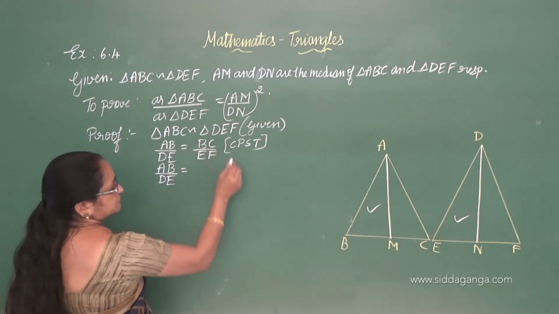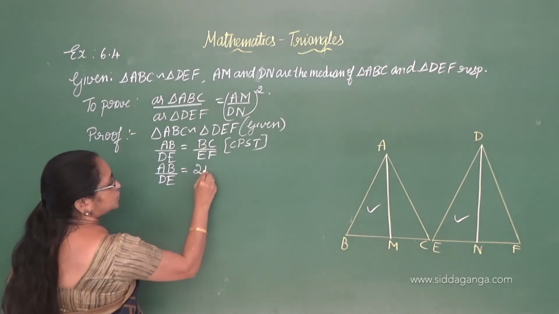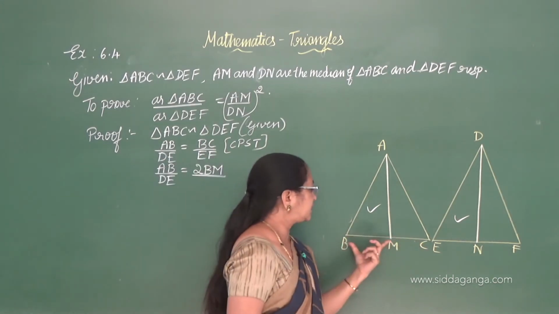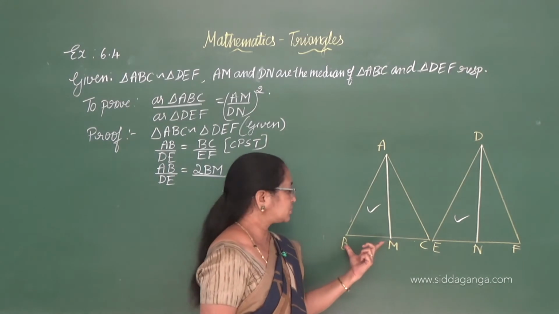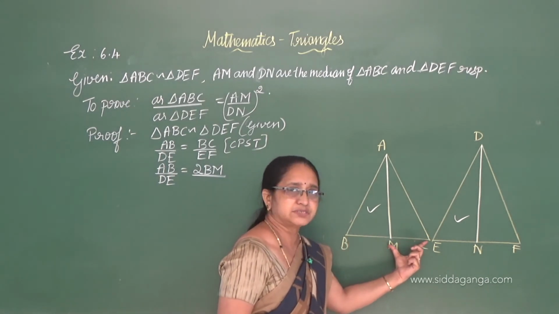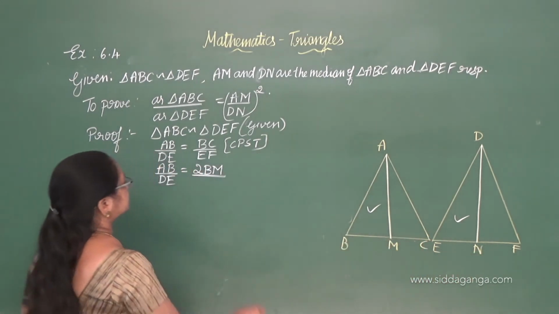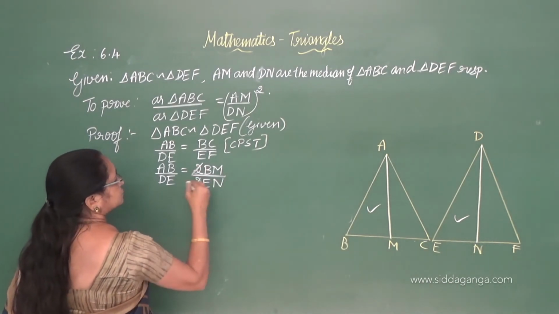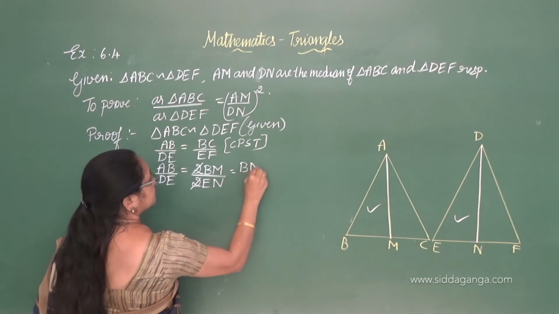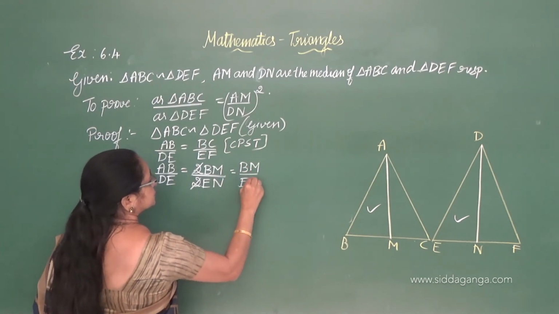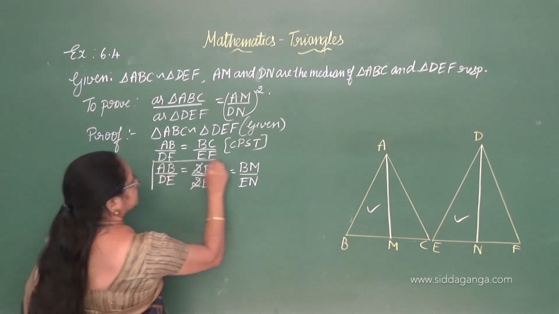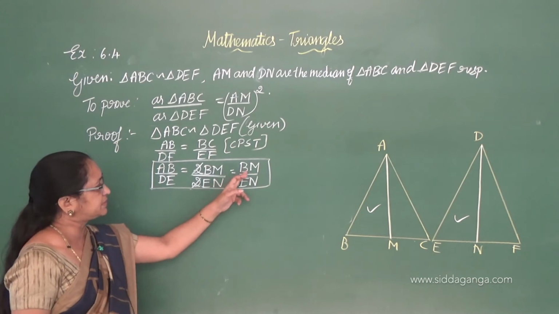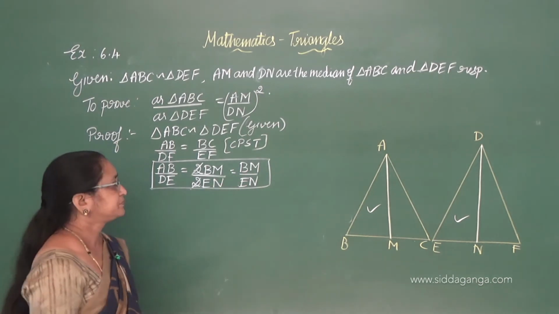So, can I write instead of BC, can I write 2BM? Because BM is equal to MC. Similarly, I will write there also 2EN. So, 2 gets cancelled, giving BM by EN. So, this let it be. Now, okay, AB by DE is equal to BM by EN. Okay. Now